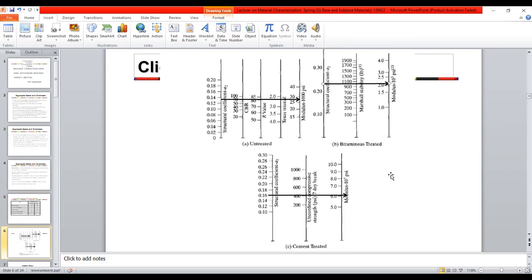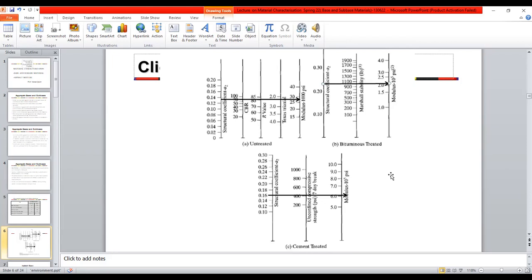It will create a harder material, or improve the modulus of the base, and consequently it will have smaller thicknesses of asphalt surface courses.